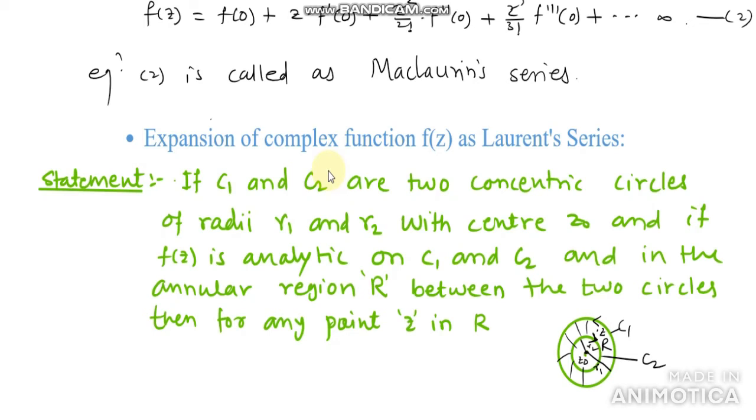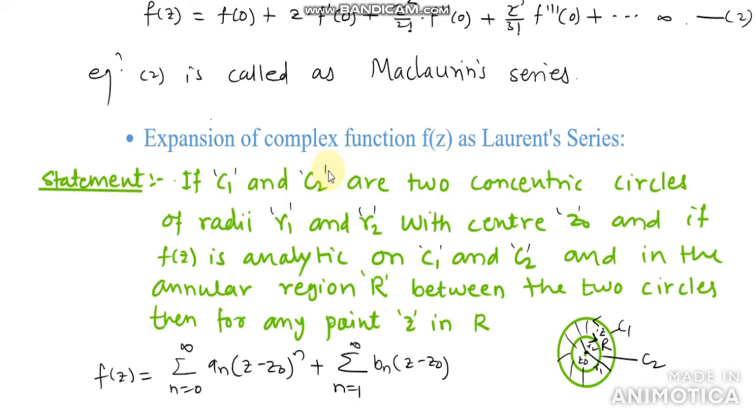Now we see expansion of a complex function f of z as Laurent series. The statement of this Laurent series is: if C1 and C2 are two concentric circles of radii R1 and R2 with center z0, and if f of z is analytic on C1 and C2, that means on the boundary of the first circle, the outer circle, and the lower circle C2, and in the annular region R between the two circles, then for any point z in R, we can expand our function f of z as f of z equal to summation n equal to 0 to infinity an (z minus z naught) raised to n plus summation n equal to 1 to infinity bn into (z minus z naught) raised to minus n. Suppose this is equation number 1,